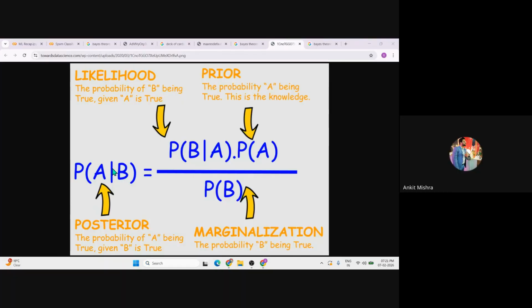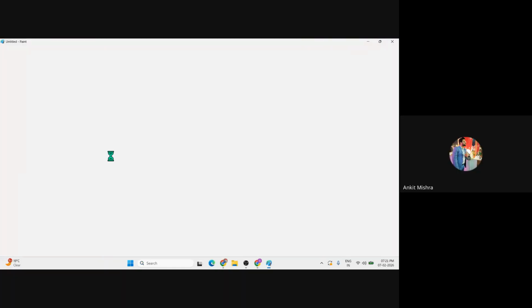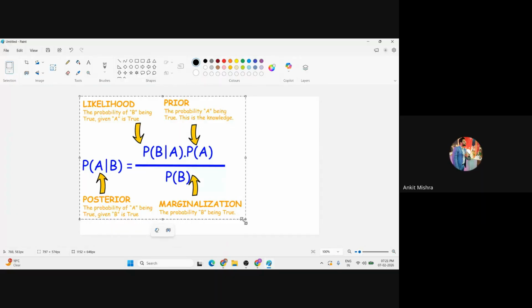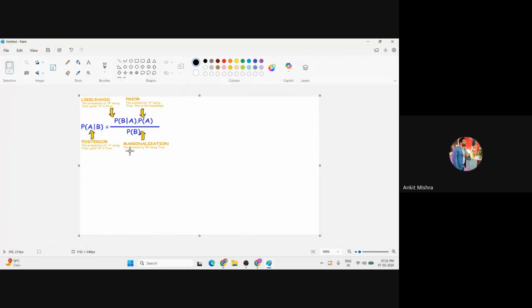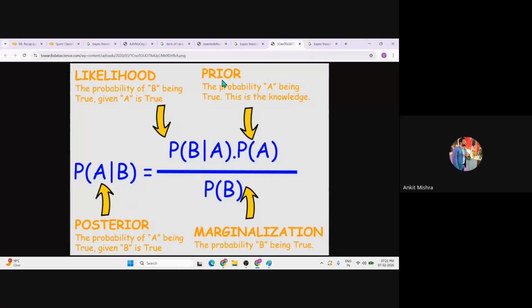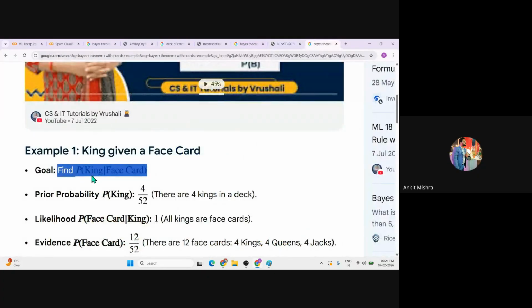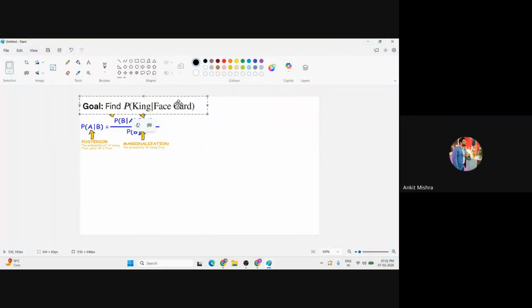We'll fill in the values one by one based on this probability. What we want to calculate is the probability of A given B: the probability of a king when the face card is already given. This is my conditional probability. I'll copy and paste one by one.